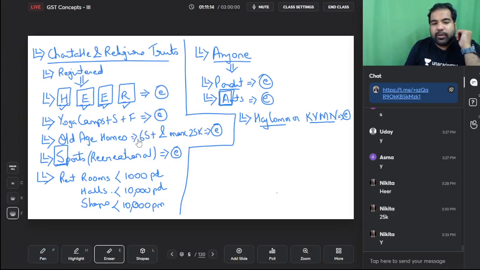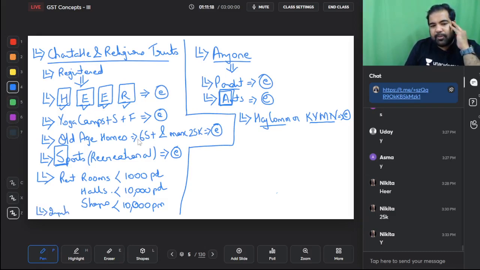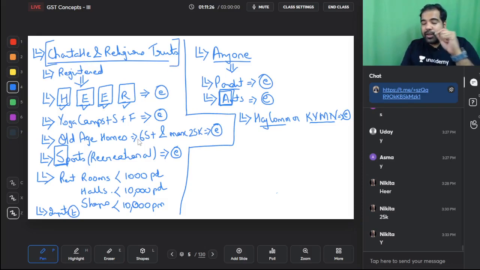So in case of inputs, are all inputs taxable? Yes, all inputs are taxable except one. Which one? Importation of services purely for charitable activities. So guys, this is another exemption. I can't wait to test exemptions from the module, but once we finish all the exemptions, then we will test it. This is charitable and religious trust.